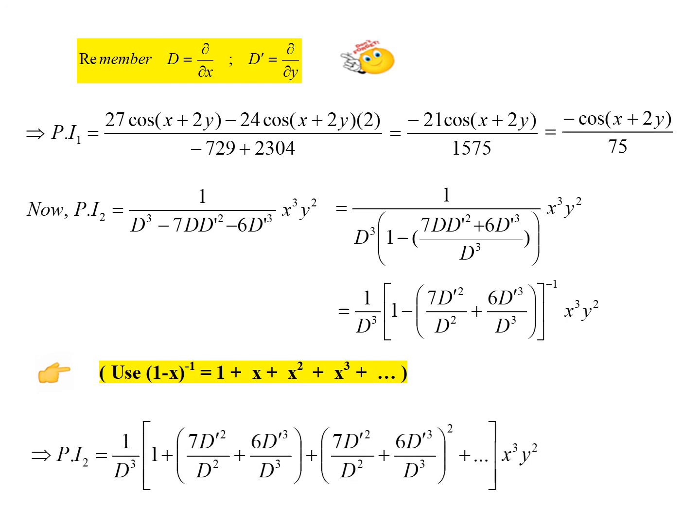So in the place of x, you have 7 d dash square by d square plus 6 d dash cube by d cube. So it is like 1 plus x plus x squared plus etc., and it goes like that. Now let us do a small analysis. Since we have infinite terms in that series, we cannot keep on operating infinite number of terms, right? So we'll observe till which term we actually have values.